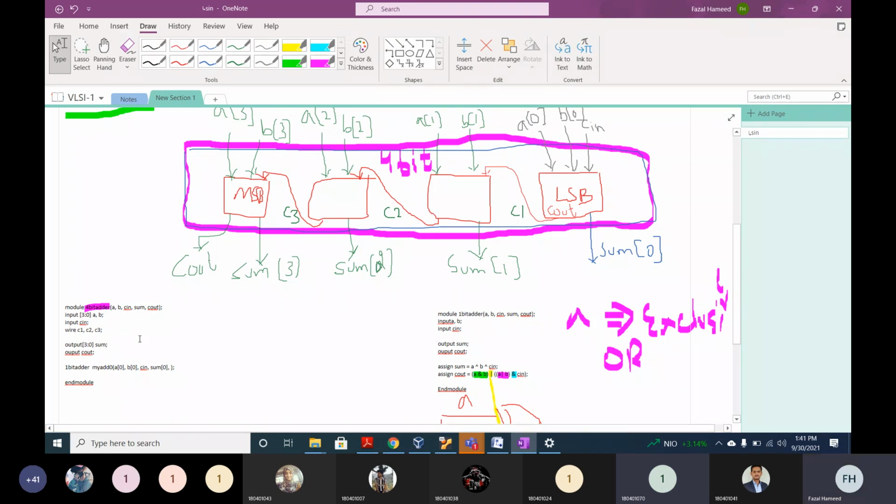So these are the internal signal. Okay. Now if you look at this, the output C out of the adder at the least significant bit, this C out is now input to the second adder stage. Am I right or not? Yes, sir. So it means that C1 is now the output of the adder stage on the left hand side.